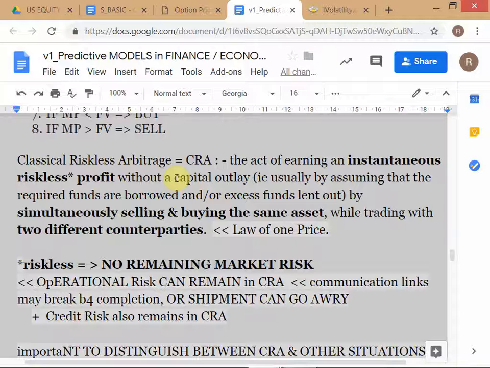Yes, but I think they are not the same because... Use the mic. Okay, so you have a different view. You're saying that merger arb is not CRA. Why? In CRA it is written that there is riskless profit. But in a merger acquisition, they can have a loss also after taking the shares of the companies. If they are taking after the merger, by chance they can get a loss also.